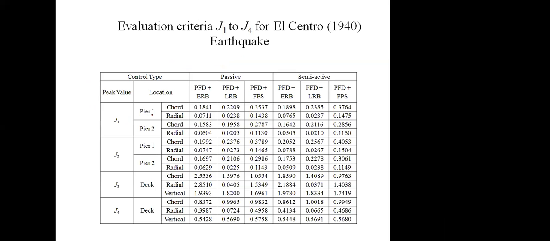Okay, so this is one of the best new smart dampers, the piezoelectric friction damper, which is nowadays used by various researchers for doing research, as well as applied at various locations. These are some reduction observations: around 82% reduction in the base shear in the chord direction, 93% in the radial direction, for pier 1 and pier 2, using the ERB combination, LRB combination, and FPS combination. In all combinations, it is observed that the piezoelectric friction damper along with the lead rubber bearing is giving the better result, overall better result.